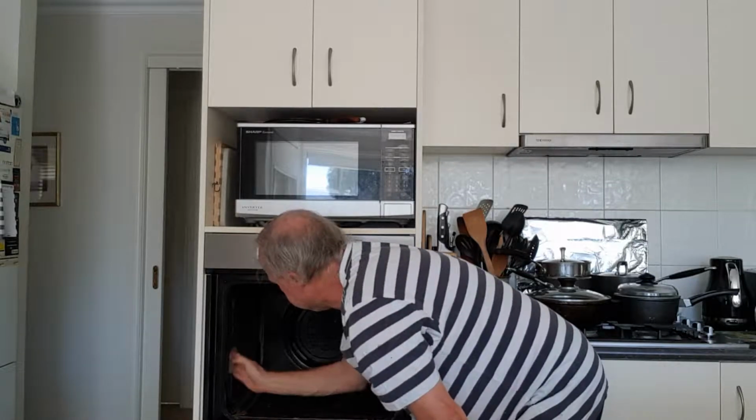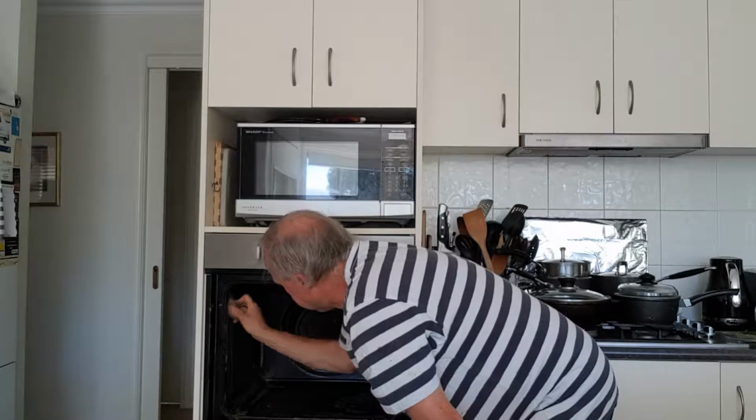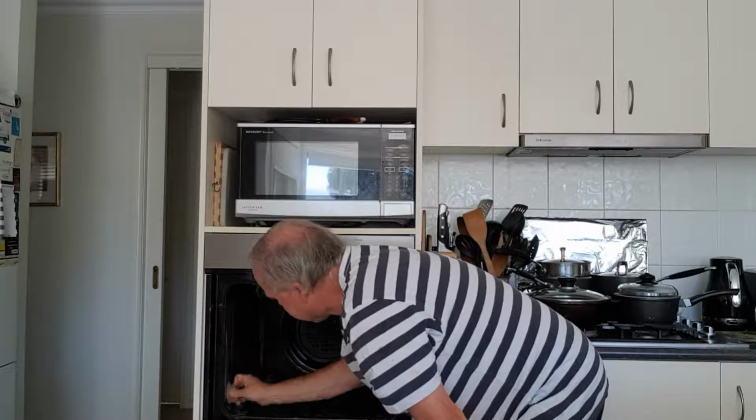I've been doing this since Dad passed away, so I've had to learn pretty quickly on how to keep some of the house maintenance up to scratch,